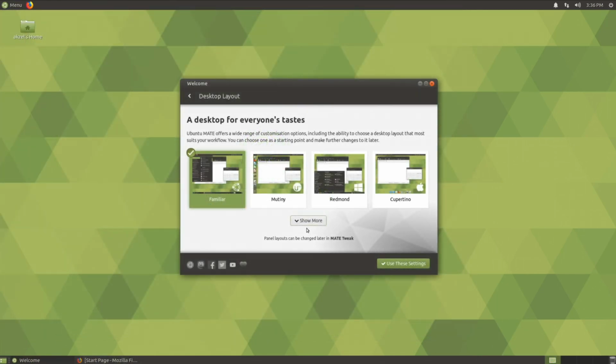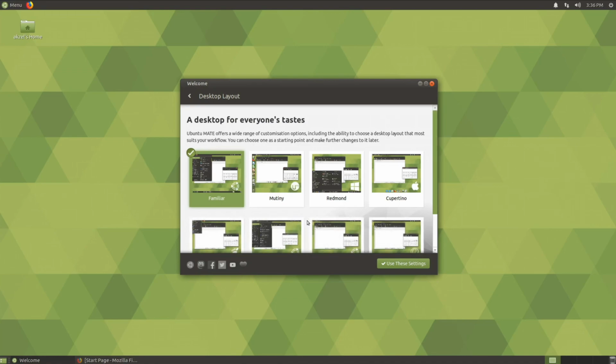Speaking of changing the layouts, though, one thing that they've changed with this release, technically they already had this feature available in Mate Tweaks, but they've improved upon it as there were some bugs before with the Mate panel where sometimes when you switched the layout, the panel would just disappear, among other little issues. Those have been ironed out, as have a bunch of other little bugs with the Ubuntu Mate 19.10 release. Well, I say release, it's still in beta, but yeah,